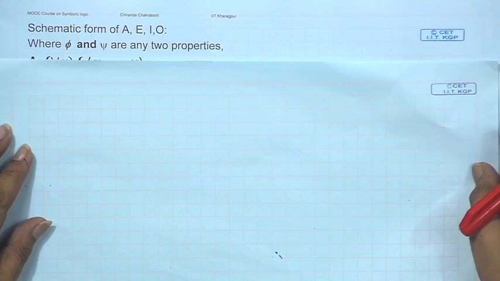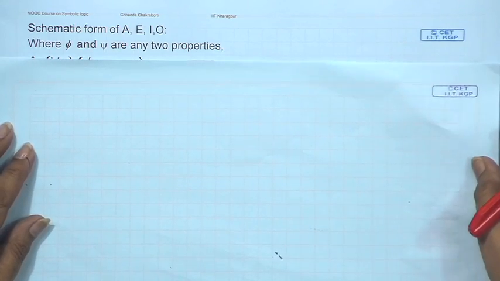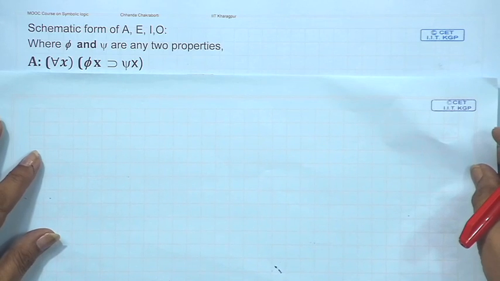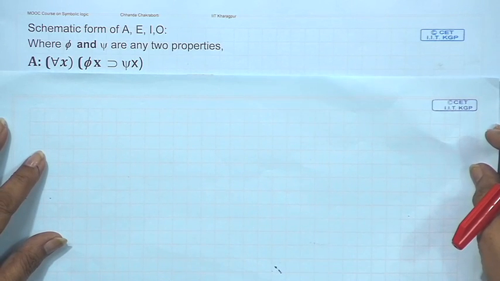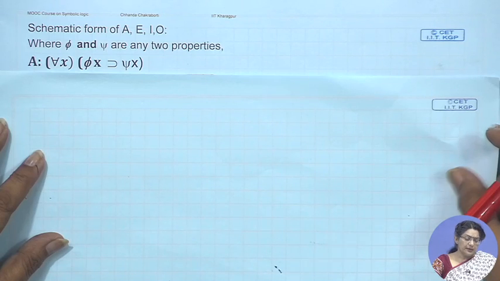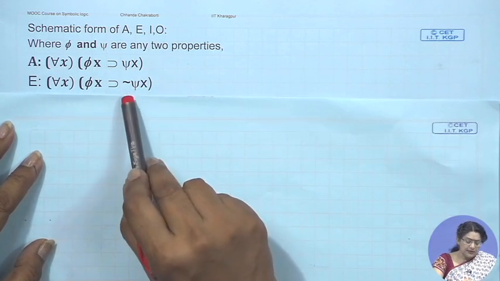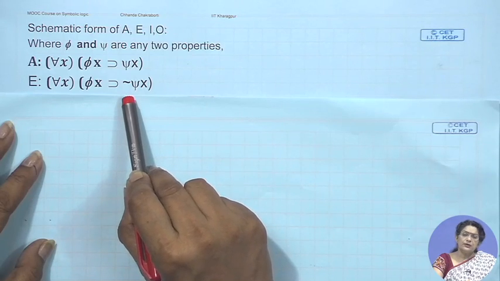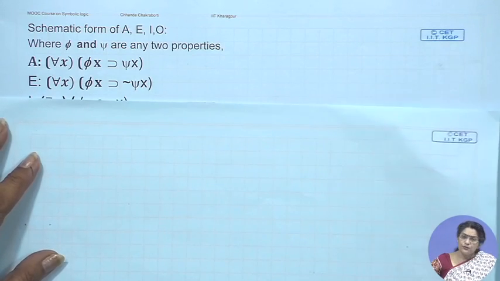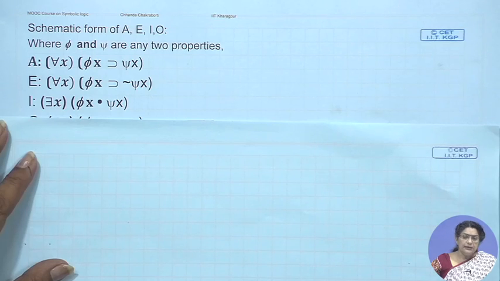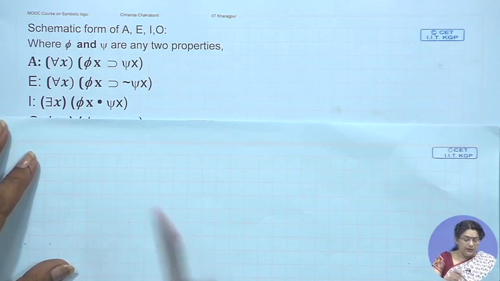and psi as any two properties. We are using the Greek symbols phi and psi to represent any two properties of your choice. Then the A schematic form would be like so. It is a conditional with the universal quantifier attached to it. The E would look like this with the tilde attached to the consequent of this, right, and we have shown this earlier. And I is going to have this kind of a form where it is with the existential quantifier